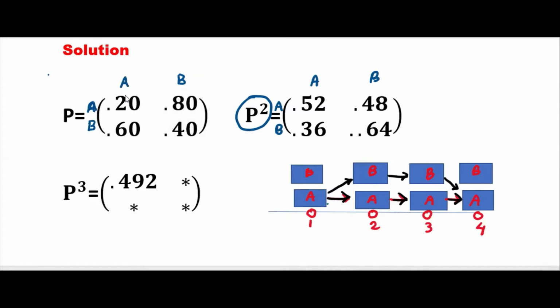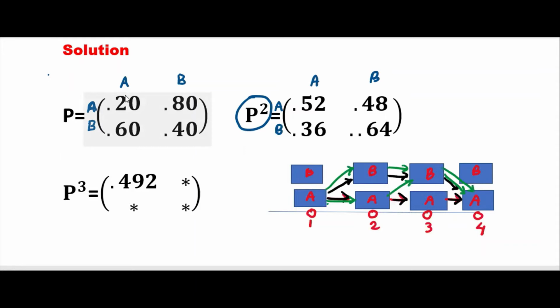You go from A to A, stay in A, then go to B, then come to A once again. This is a possibility. And here you go to B, then stay in B, then come back to B. This is one possibility. So there are so many possibilities, and here there are 2 states.